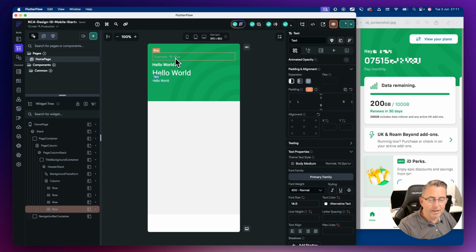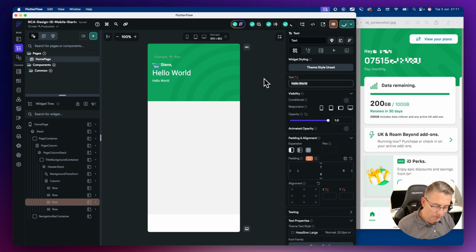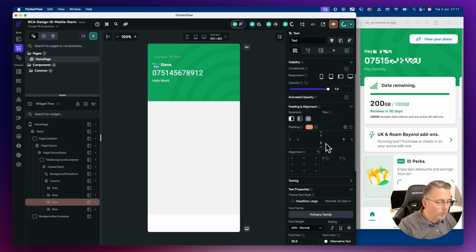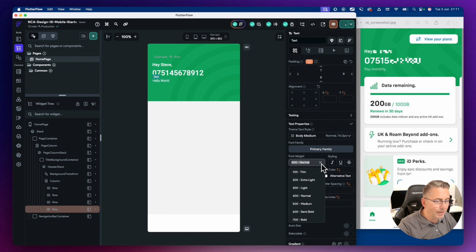And yes, let's just fill this out here. I'm going to put some labeling in here to make it look a little more real world. So I'm just going to say, hey Steve, like that. And I'm going to put a fake number in here. I'm going to say 751425, something like that. There we go. If we wanted to, we could make this a little bit bolder. That's fine. And then here, we're probably going to want to make this just a little bit lighter for this particular